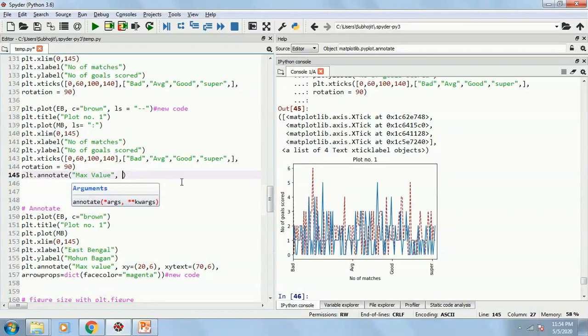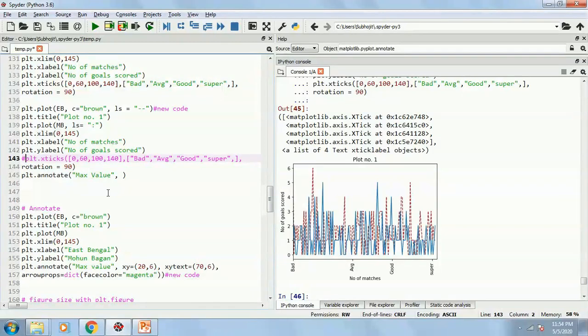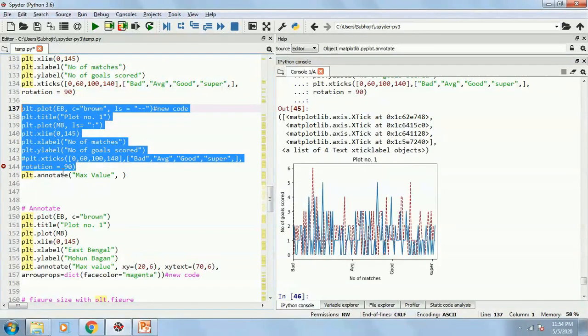Now it will become a little difficult to understand since we had given the xticks, but just imagine that I will make it a comment. I don't require those xticks, I require the normal plot.